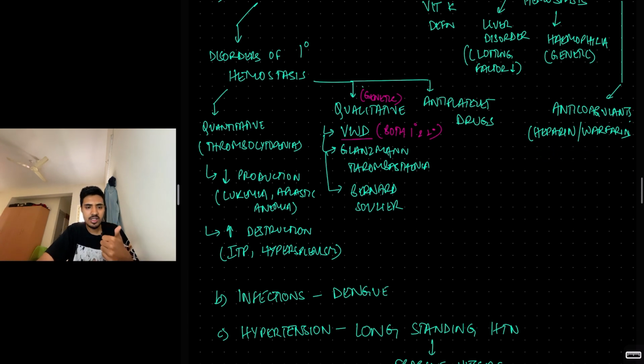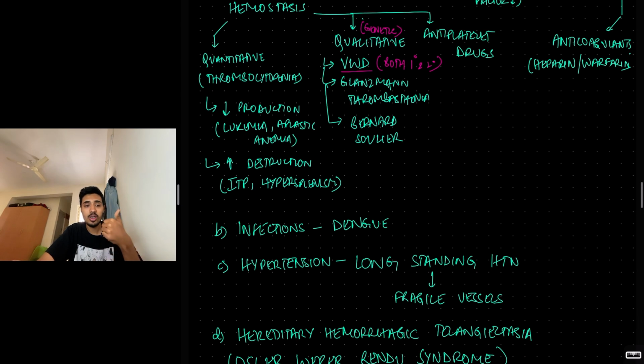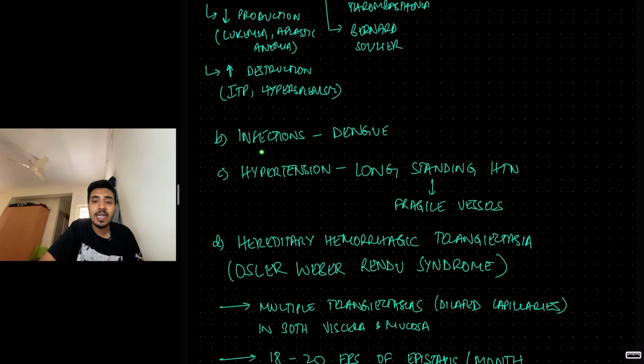So first systemic cause is bleeding disorders, where you have disorders of primary hemostasis and disorders of secondary hemostasis. Primary hemostasis meaning you have to think of platelets. Secondary hemostasis meaning you have to think of clotting factors. Then infections like dengue. Dengue, we know that platelet count reduces, and when platelet count reduces, it can lead to